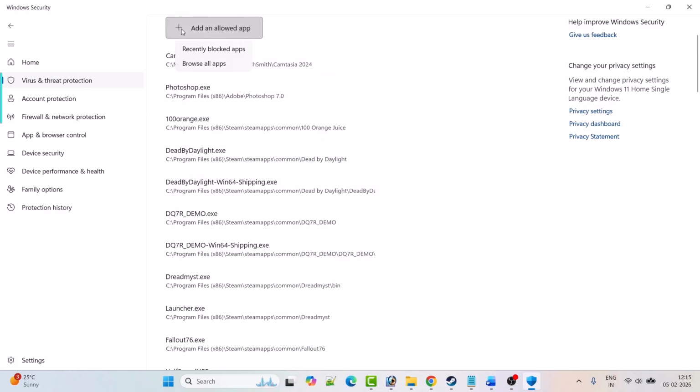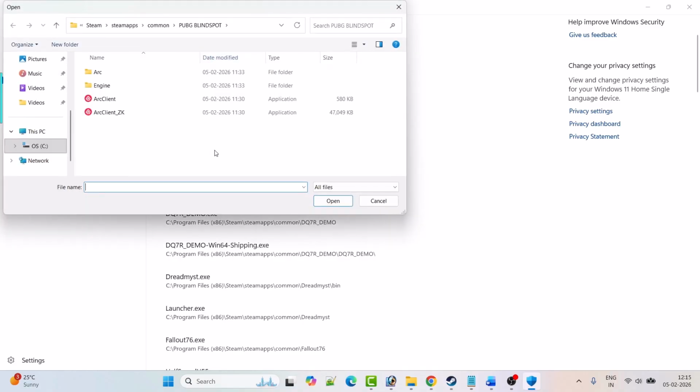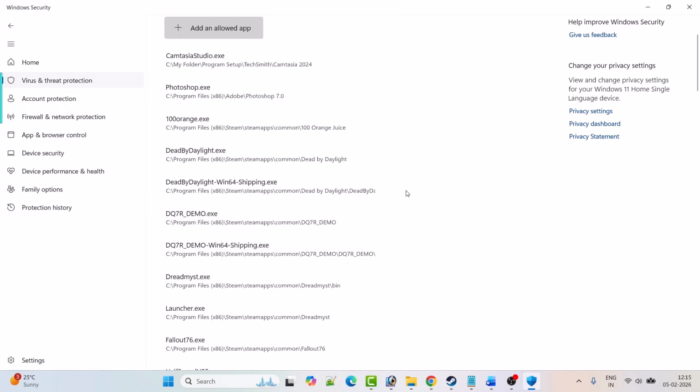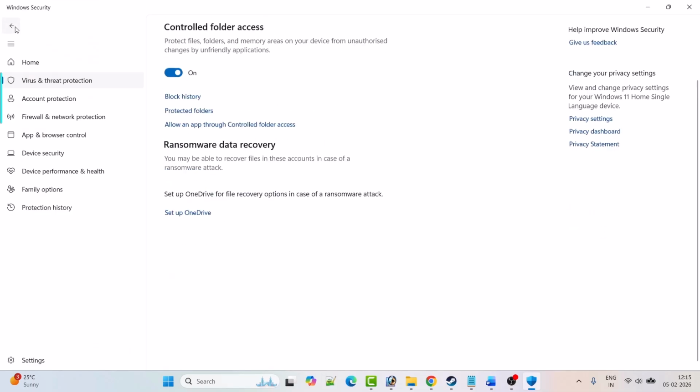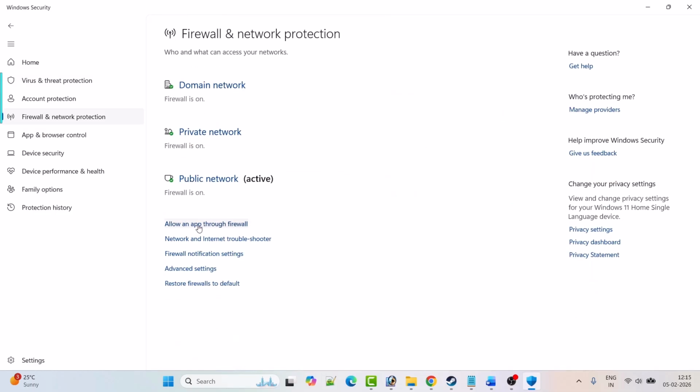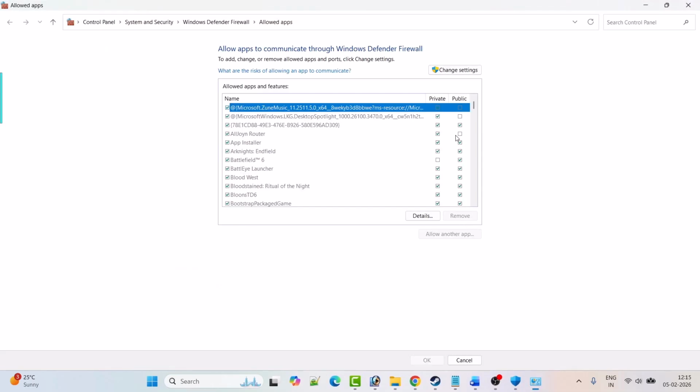Again click on add an allowed app, browse all apps. And this time open the ARC folder, binaries folder, Win64 folder, and then select the RClient Win64 shipping exe file and then click on open to add it to the list. Now go back, click on firewall and network protection, then click on allow an app through firewall, click on change